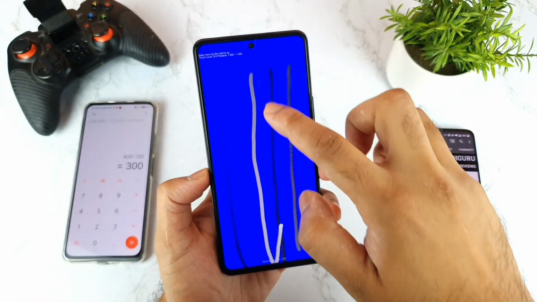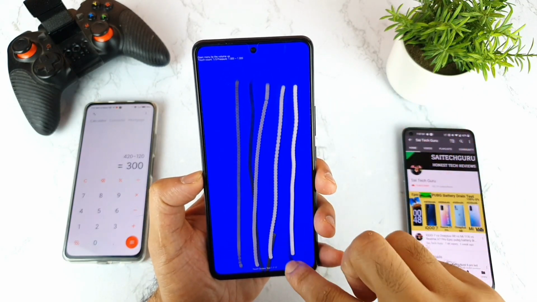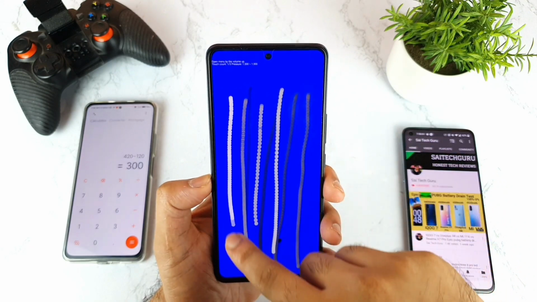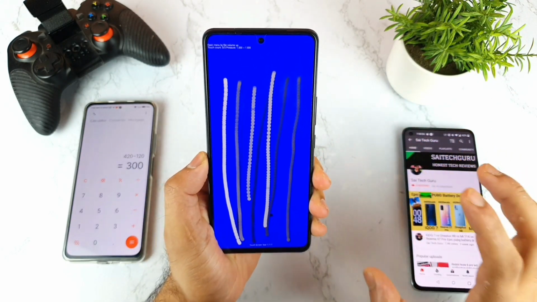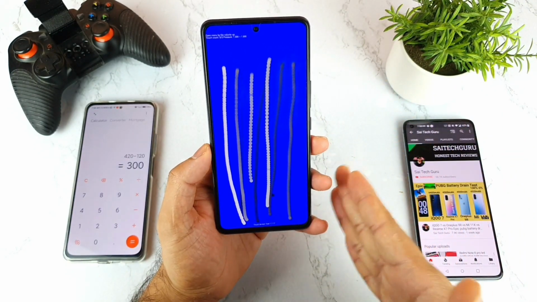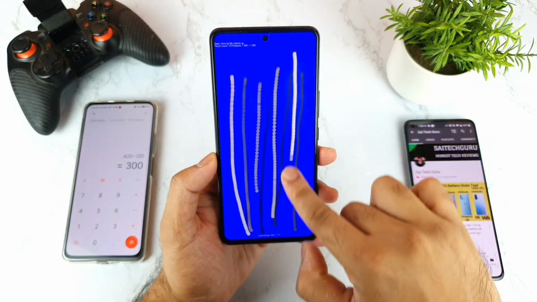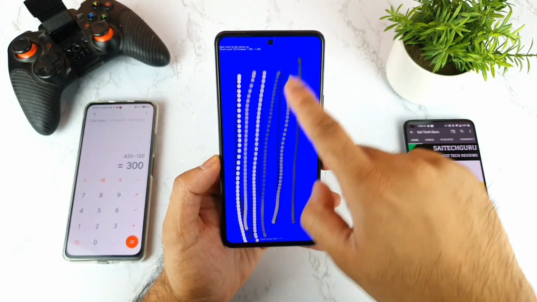And let me use the second test, which is the screen touch test. As you can see right now, I'm not seeing that straight line. I'm seeing circles, as you can see, friends. So it's proved that only by adding into the Ultra Game mode will you be able to get that high touch sampling rate, friends. So this is what I tried comparing, with adding and without adding, in one single video, so you know exactly how the touch sampling rate behaves in this IQ7 device compared with before.